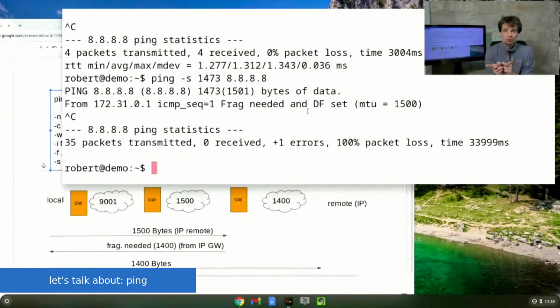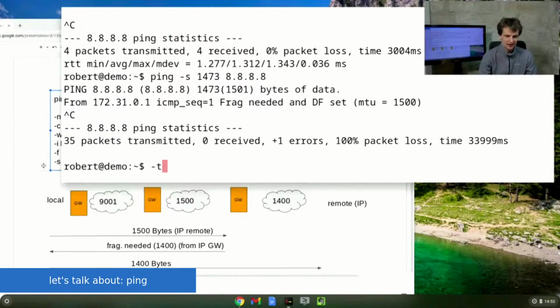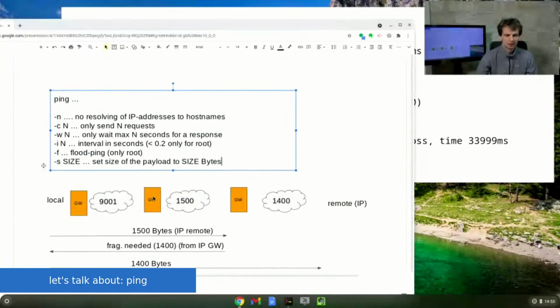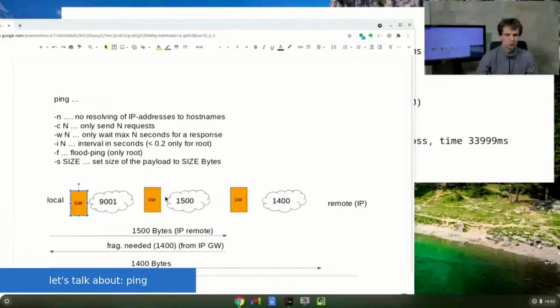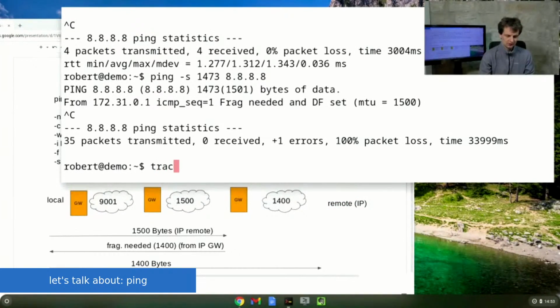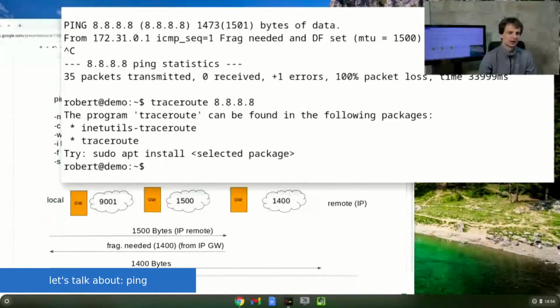Now let's go to the last command line switch, which is also really great for troubleshooting. The last command line switch is -t. What can it be used for? It can be used to check what the gateways are on the way to a remote system. Perhaps you know the traceroute command. Traceroute 8.8.8.8 would print out, if installed,